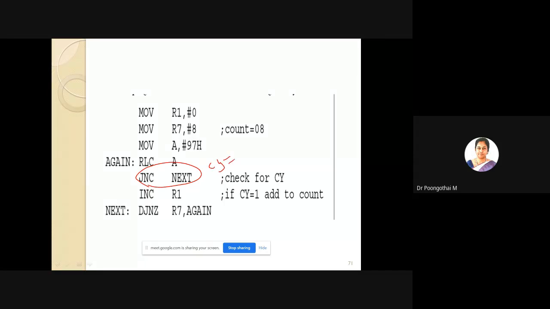When carry is equal to 0, your program control transfers to next loop and decrement your R7 register. So your first rotation is completed. Here no carry flag is set. So your count will be decremented here. If carry is set means you have to increment R1. So this R1 is used to store your number of ones.